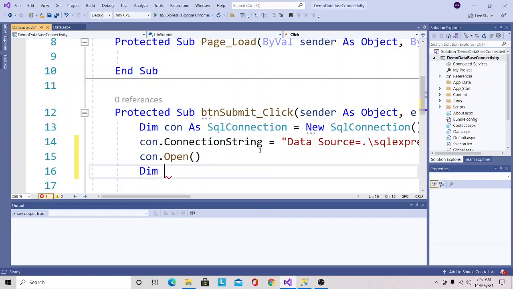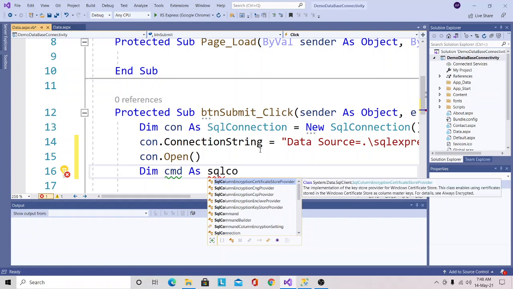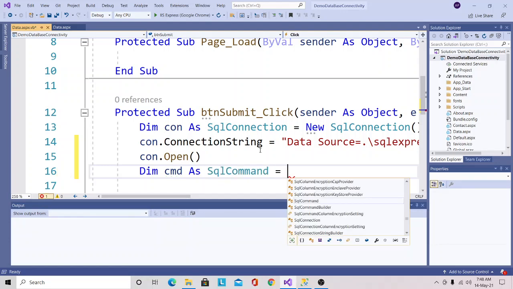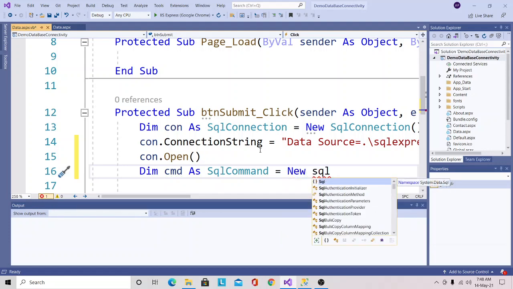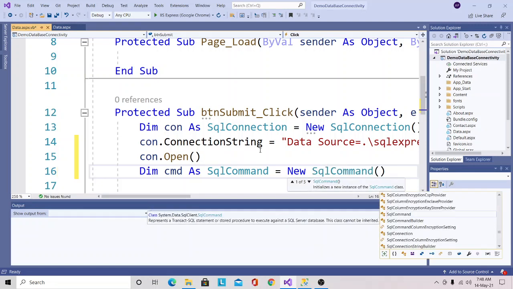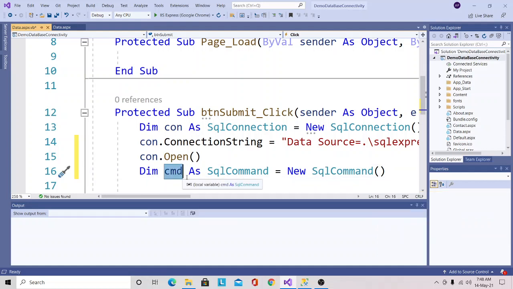Then I will mention the cmd variable name, then the As keyword, and then the SqlCommand class equal to the New keyword and SqlCommand, open parenthesis and close parenthesis. So in this way I have created the cmd object of the SqlCommand class.